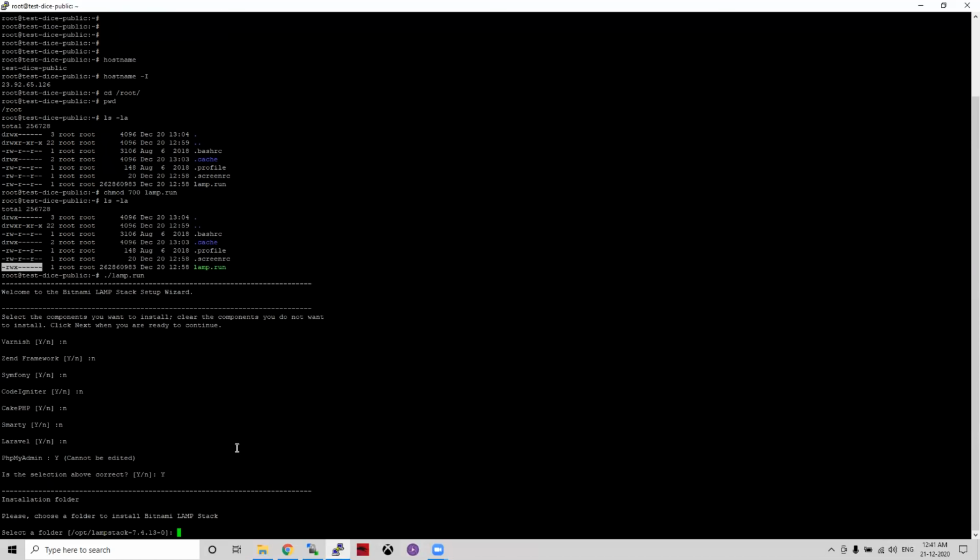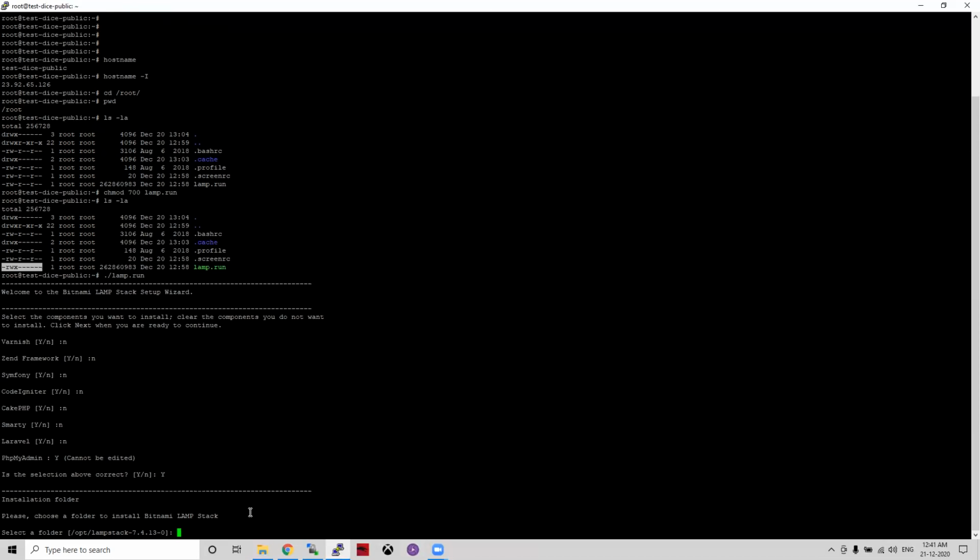After that, you need to select a folder, meaning where these packages will be installed. Generally, we select /opt. /opt means the operation folder. You can see it is already selected like that.